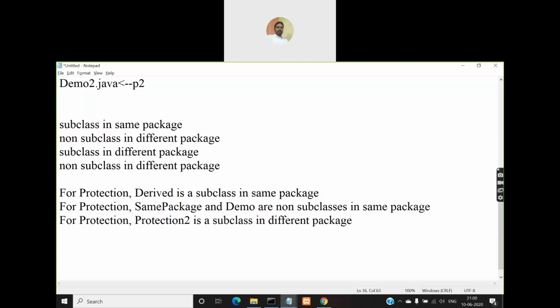So what do you mean by same package, different package? Same package means both the class protection and derived, which is a subclass for protection, both of them are in the same package. That is P1 here.